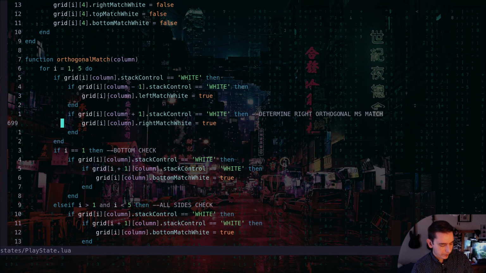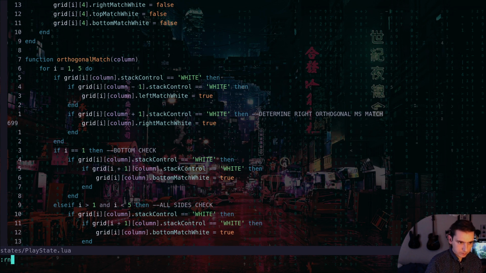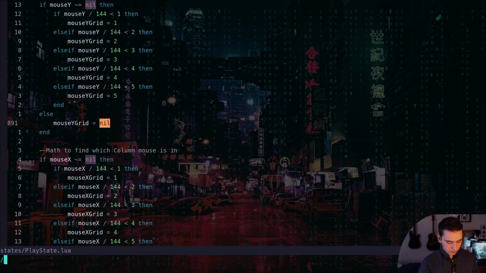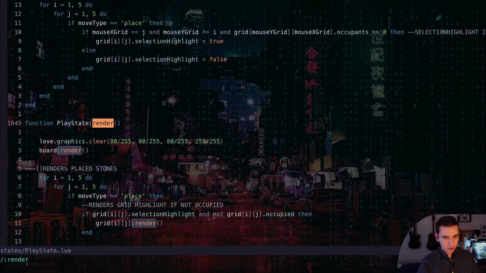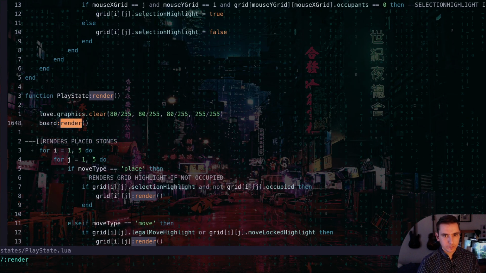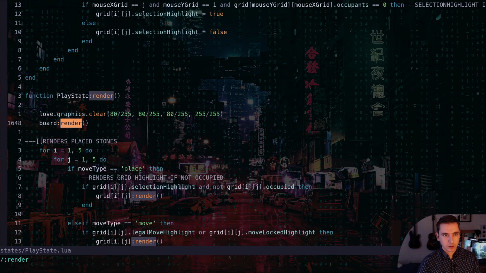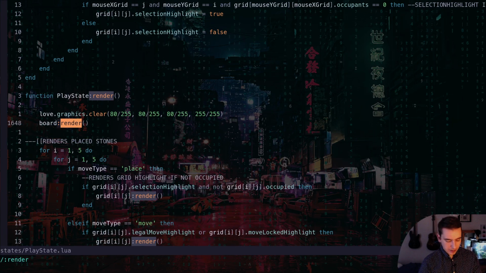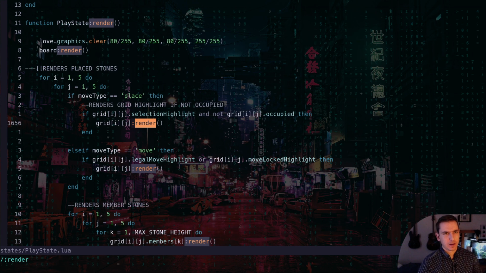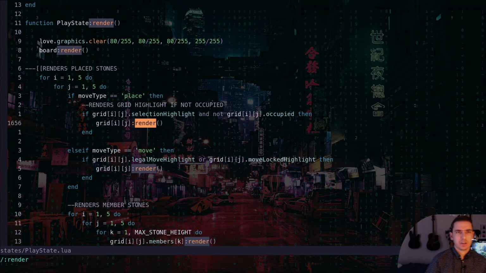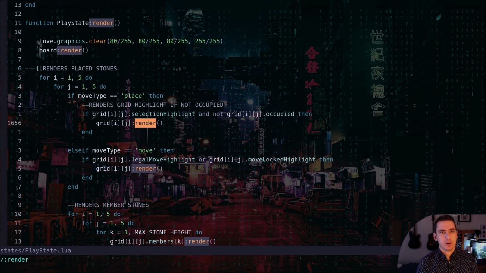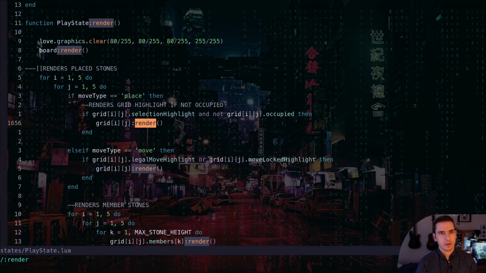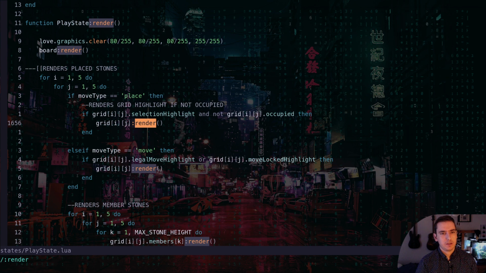Where do we render our occupants? So if it's a move type place, which it starts out as, if the grid under our cursor is a selection highlight and it's not occupied, then go ahead and render, which will render the highlight. So I think we need to do something saying like,